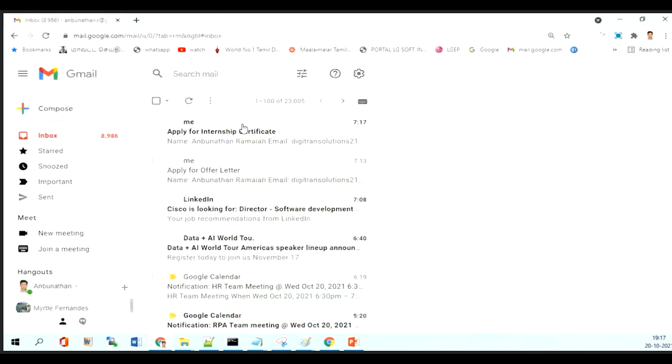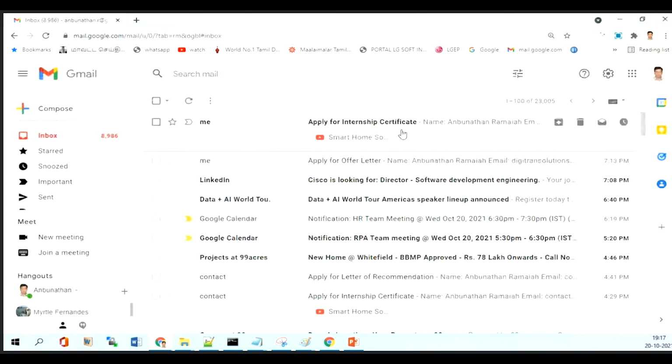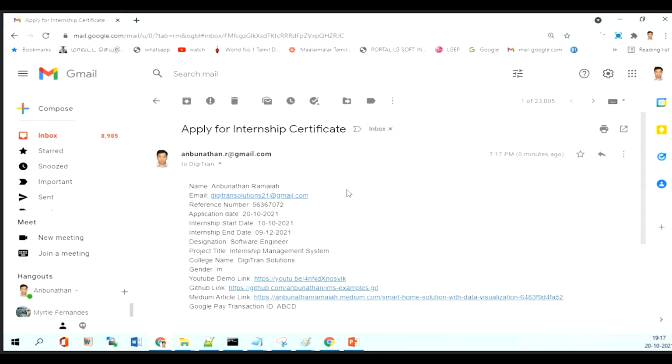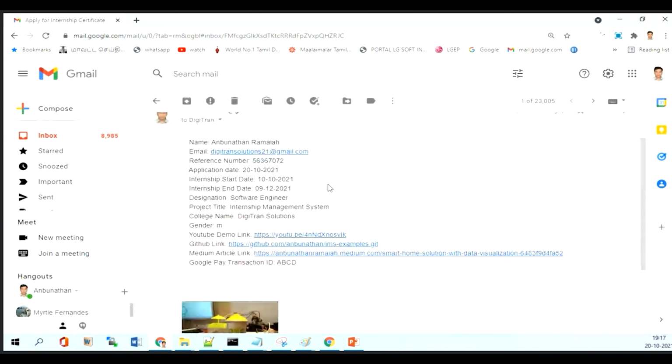You can see this mail has come. The internship certificate mail shows all the data like name and email ID, reference number, application date, internship start date, end date, designation, project title. So all are coming now.